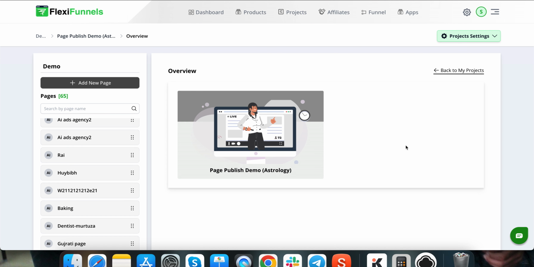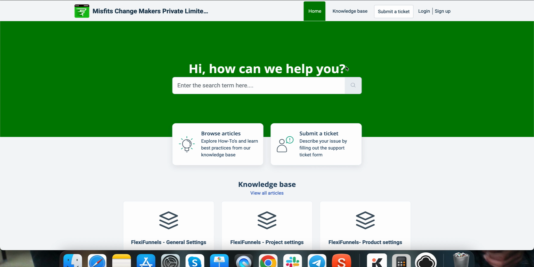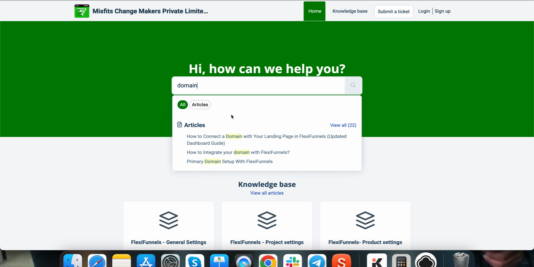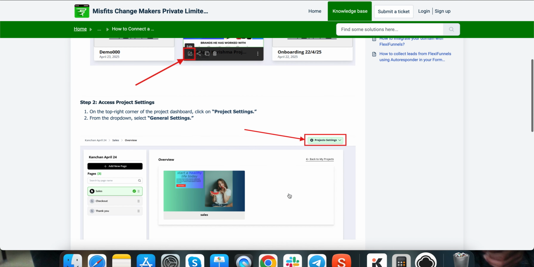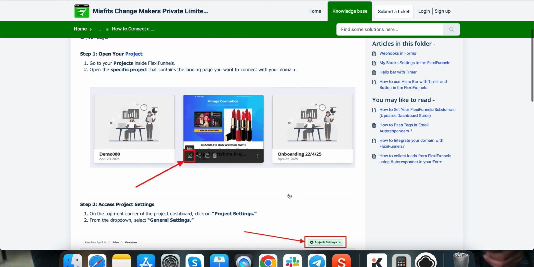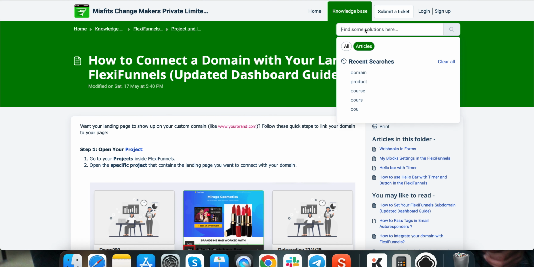See, once again, if you are a new customer, just do one thing: how to connect a domain or anything, just go to the knowledge base and search for whatever you want, right? Let's say you search for domain, how to connect a domain with your landing page, right? So you will be able to find the step-by-step instructions for how to connect a domain, right? So we have given the step-by-step instructions for every single thing that you are looking for,